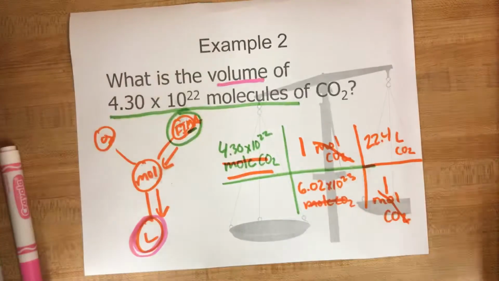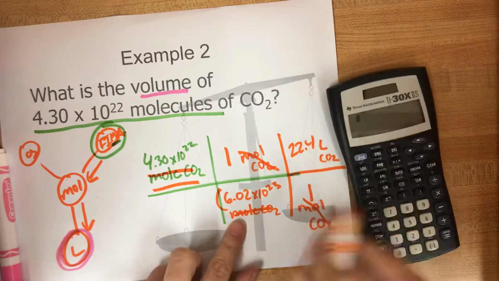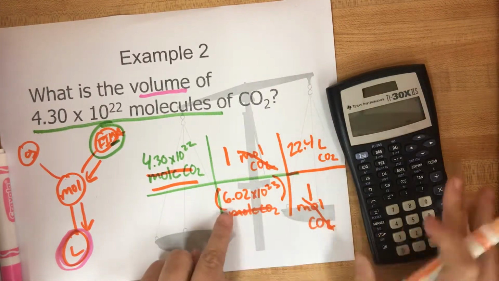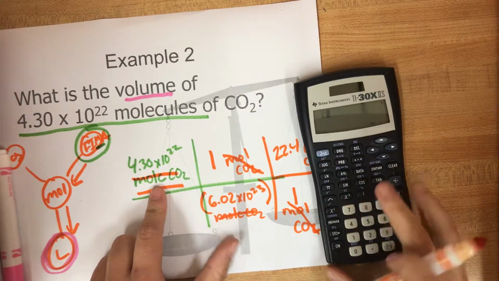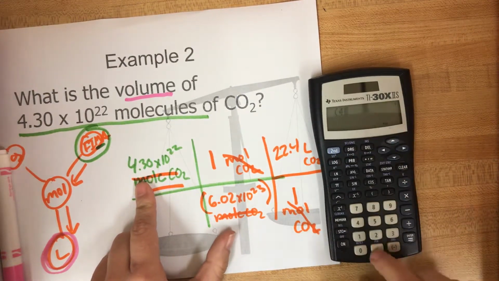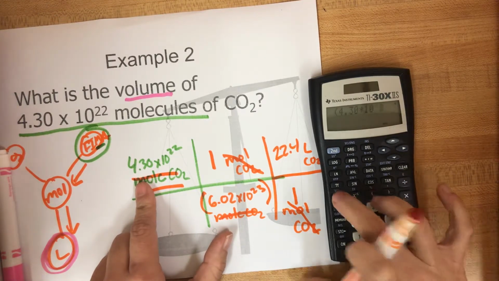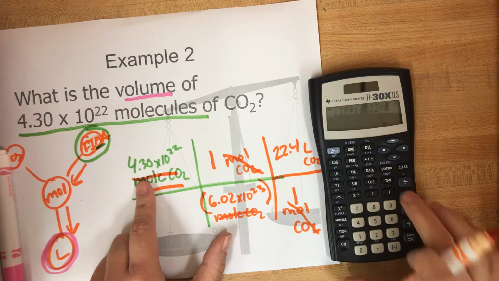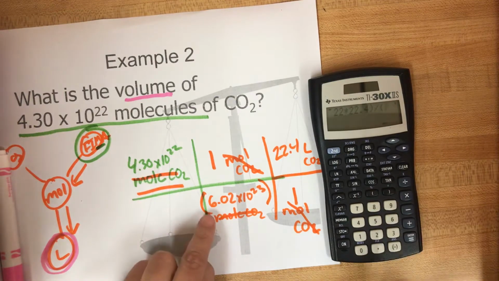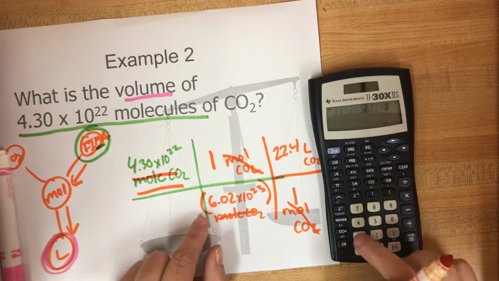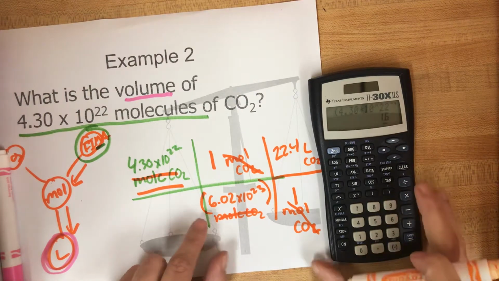So you multiply the top, divide by the bottom. Now you got to be careful how you plug this one in because of this guy here. When you have numbers at the bottom, if it's more than 1, you need to put them in parentheses. So watch how I do it. You can put the top in parentheses too. That one's not that big of a deal. So 4.30 times 10 to the 22nd times 22.4, close parentheses, divided by, open parentheses, 6.02 times 10 to the 23rd, close parentheses, equals